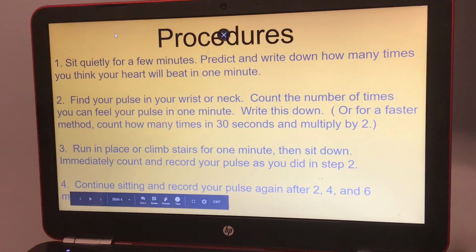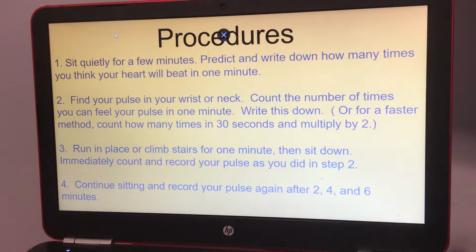Okay, you're going to sit quietly for a few minutes and predict and write down how many times you think your heart will beat in 1 minute. Then number 2, find your pulse in your wrist or your neck and then count the number of times you can feel your pulse in 1 minute. Write this down. Or for a faster method, you can count how many times in 30 seconds and then multiply